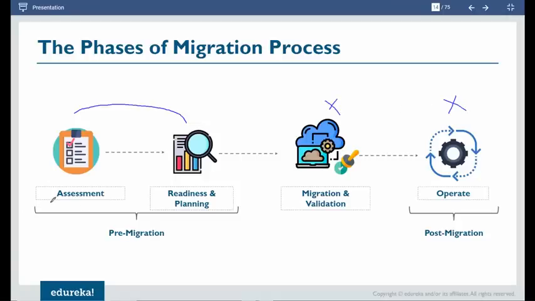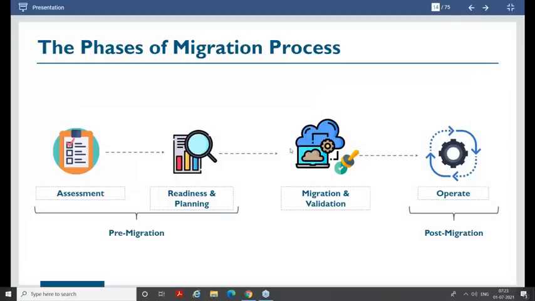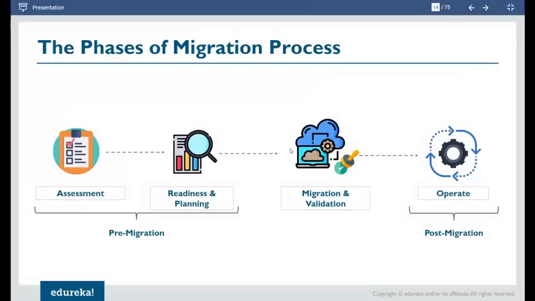So all of this migration task depends only on your pre-migration stage. Right? So pre-migration has 2 stages: assessment and readiness, and planning.